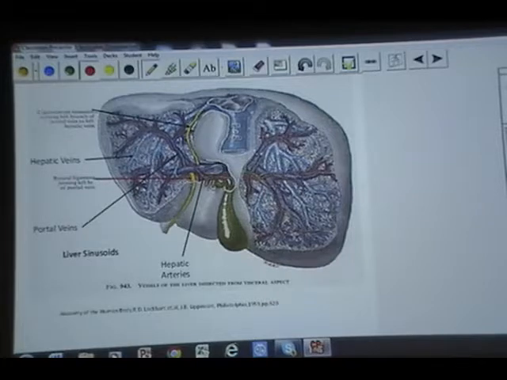Now, we've got a lot of vasculature that goes through the liver. We basically have three systems of vessels. One of the systems of vessels we'll talk about are venous vessels that are coming in via this vein here called the portal vein. Okay, the portal vein, which is taking blood from all other intestinal organs, including the spleen, and taking that